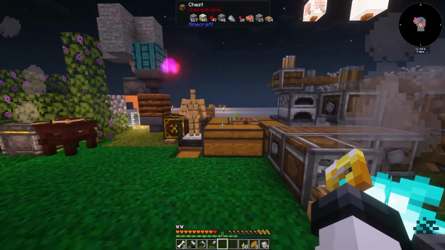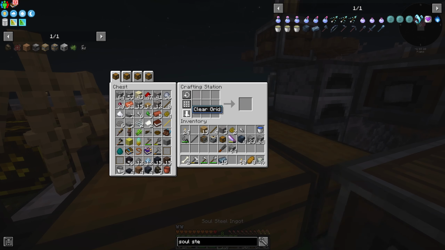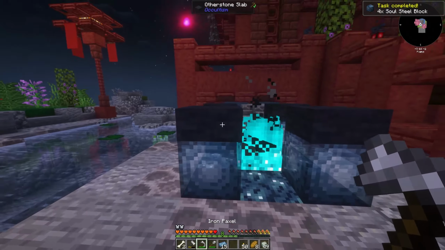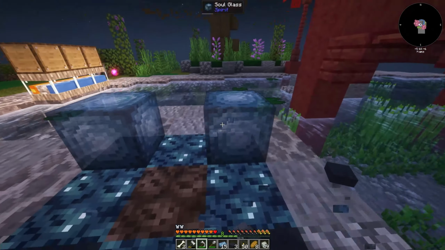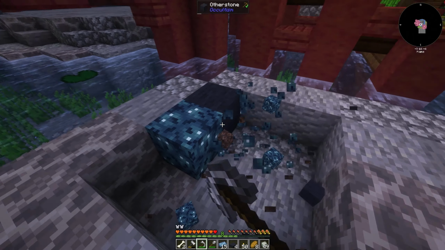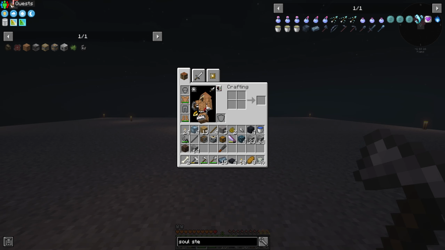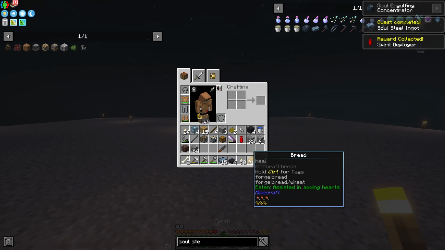Alright, folks, we are back now, and we are going to craft up our blocks here. 1, 2, 3, 4. And submit that. And then we just have to grab up the remnants of our past altar. Like so. Do that, and we are gonna finally submit you, and this is gonna give us this little fella right here,